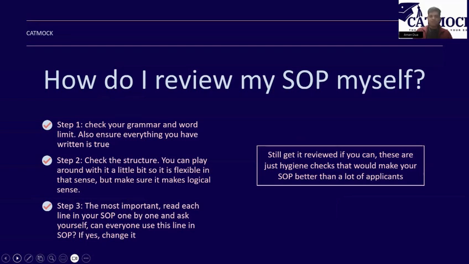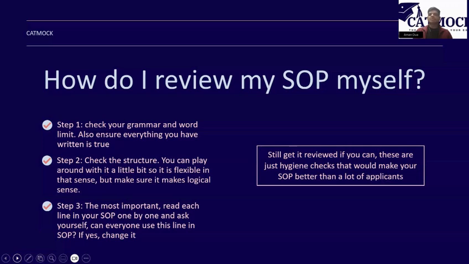Then another step is to check your grammar and word limit. If you don't check your word limit, you would not be able to submit it. There is a limit of 1,000 characters. I'm sure you know by now. So check your grammar. Now, checking your grammar is a place where you can use AI. We would come to that again later. Also, ensure that everything you have written is true, because it would come out in an interview. And SOP is not an eliminative thing. So if you don't submit a good SOP, that does not mean you would not get an interview call. They only read your SOP once you have an interview call. So do not lie on anything in your SOP, because once you lie there and you're caught in an interview, there is no way you're getting selected.